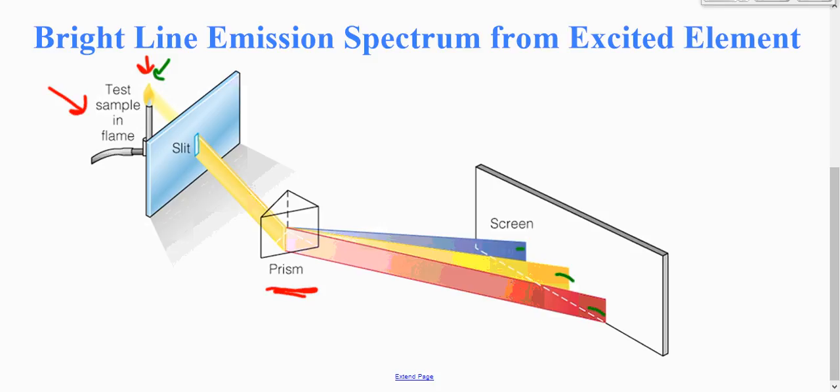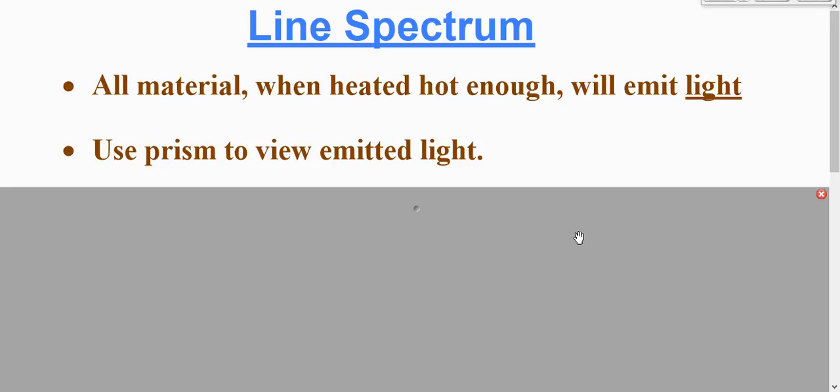Well, this was weird to scientists. Not only was it weird that when you heated different things it produced different colors, just like you saw in the flame test lab, but then when they put it through a prism, they saw some unique banding patterns, and this is what Bohr based his work off of. He thought this was weird, which it was, but he was a genius and explained what was actually happening. So what people found is that all material, when heated hot enough, will emit some type of electromagnetic radiation,